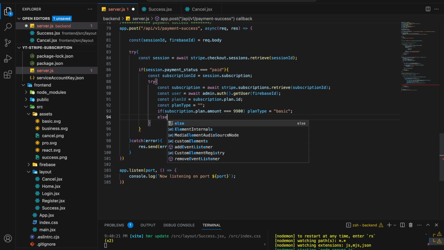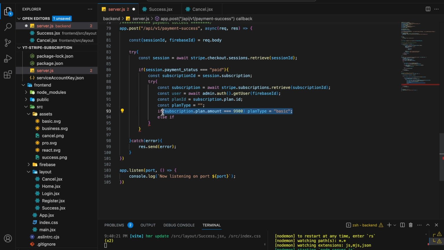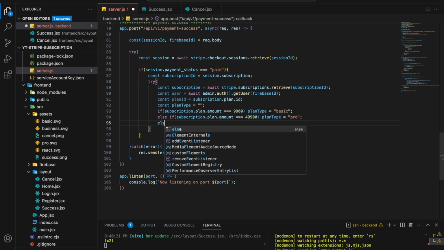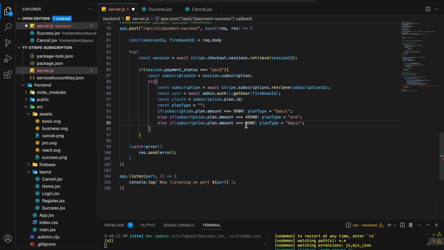Else if, let's copy this part and put it here. And if it is 499, then it will be pro, and here else if it will be 999, then it will be business. Okay,